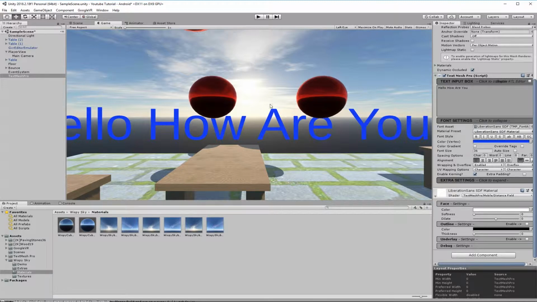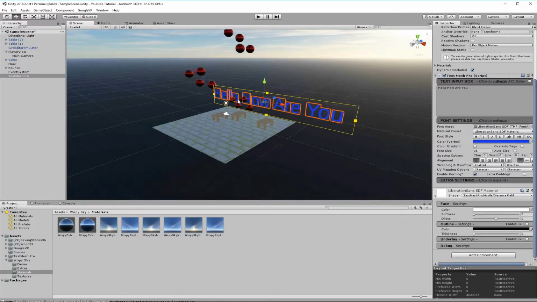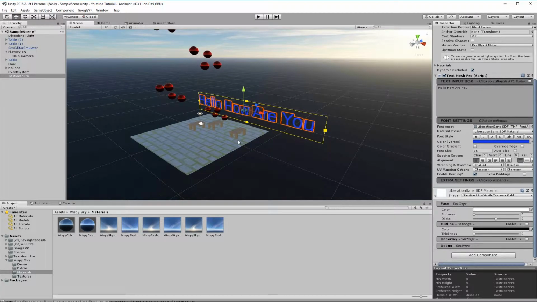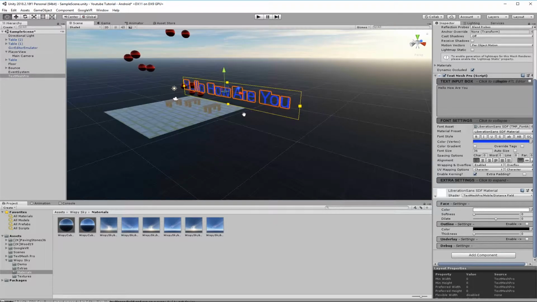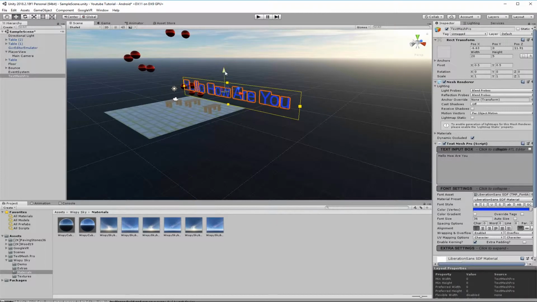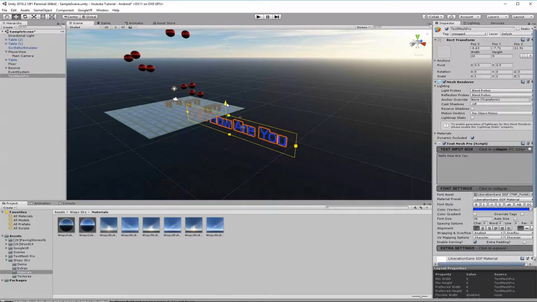Now another cool thing you can do in Unity is animate. What I want to do is get this text here, and I want it to start off down here and just slowly move up like that. So I want to animate it from the bottom to the top. The way you animate is just go to the animation tab,